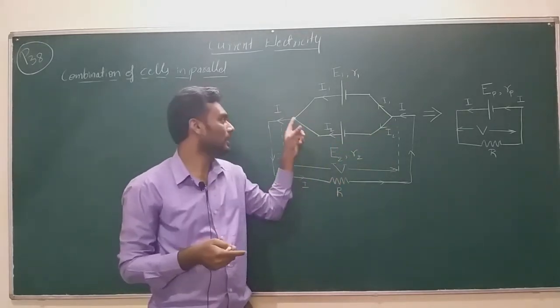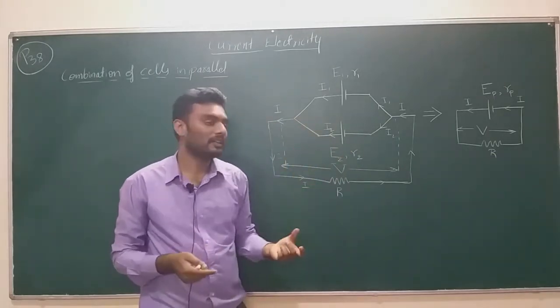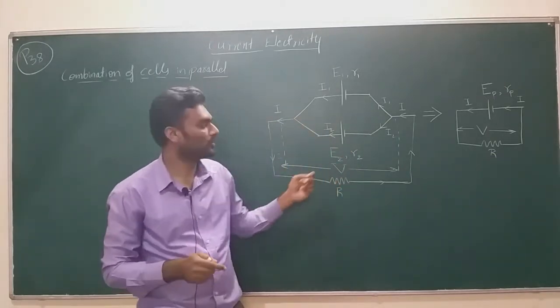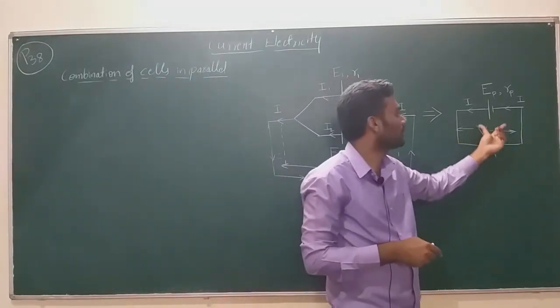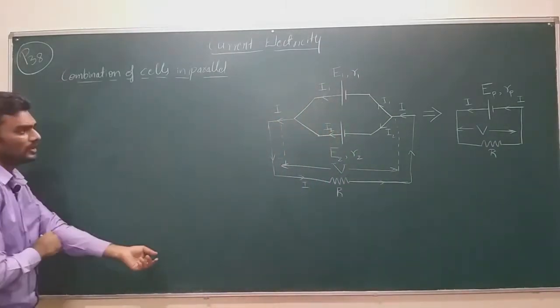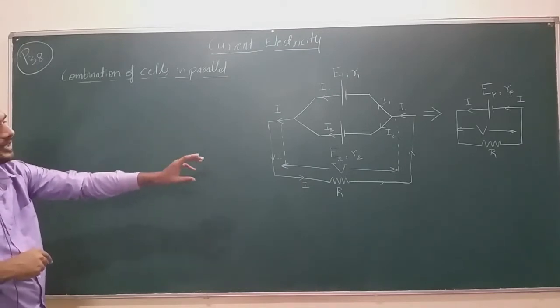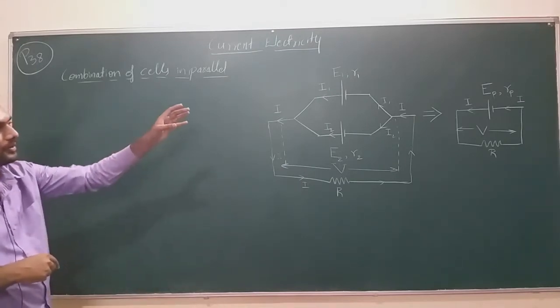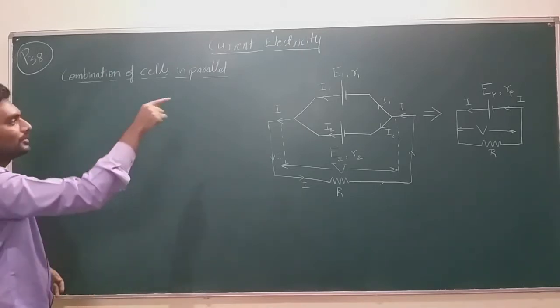Okay, instead of taking VA, VB and then VA minus VB, I am directly taking V volts as the potential difference. And even here, V volts is the potential difference across the effective cell. Now, let me write the relation between V, E1, R1, V, E2, R2 along with I1 and I2. So, let me concentrate on the first cell.